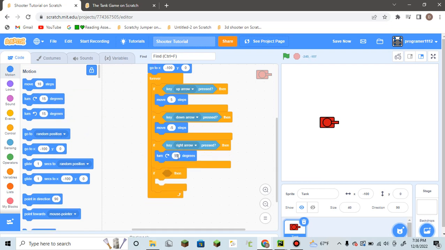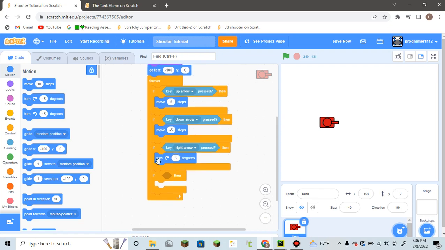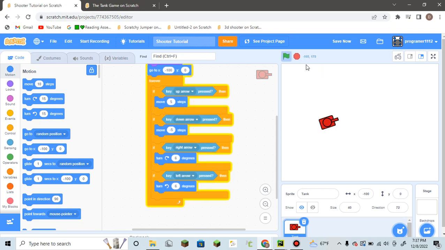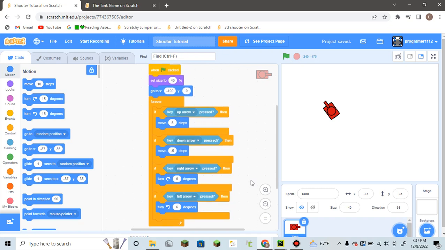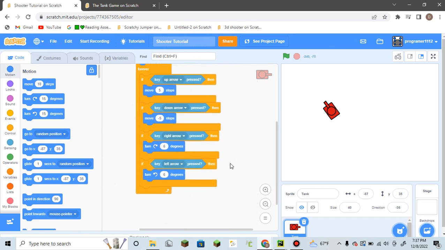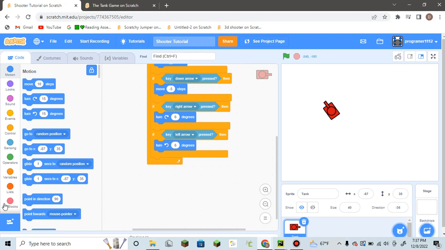I'll turn clockwise maybe 6 degrees. And then this one, left arrow key pressed, then we'll do 6 counterclockwise. Let's try this. And as you can see, we can now move the tank in various different ways. And yeah, that should be it for now. So now I guess we should create our scripts for shooting. I'll create the bullet sprite after, but